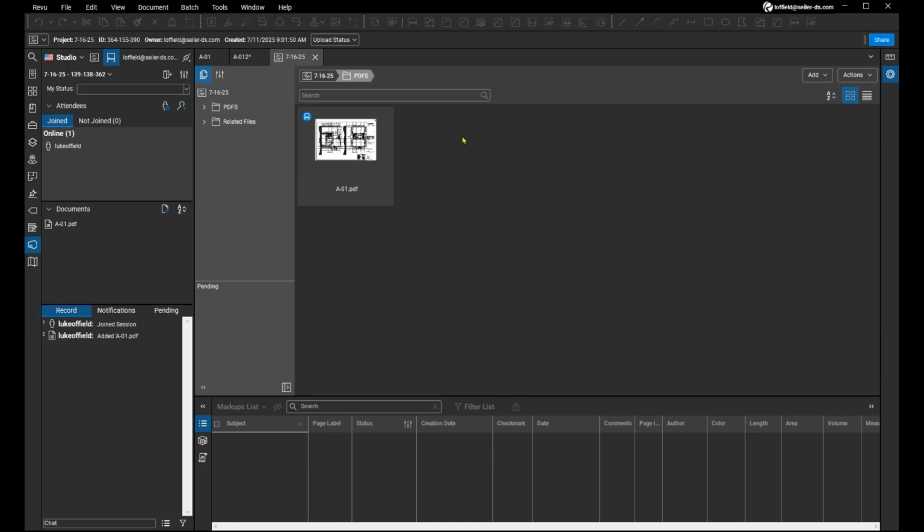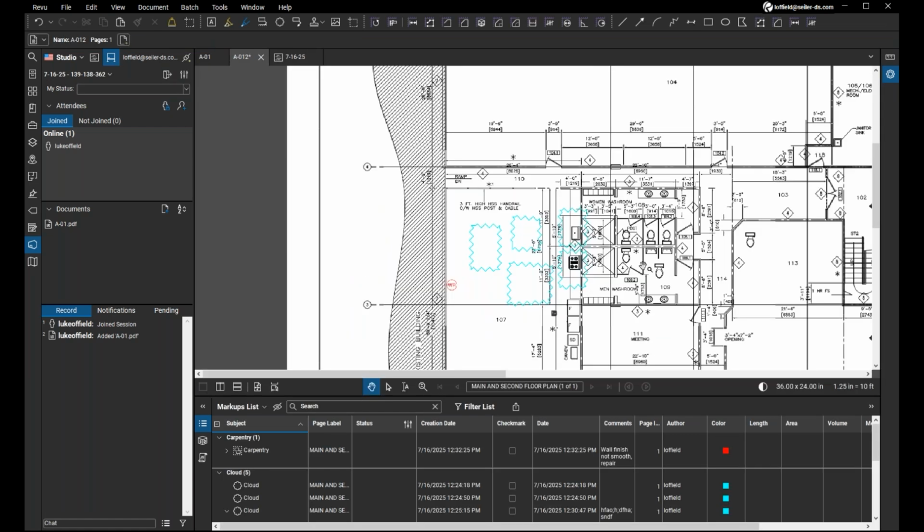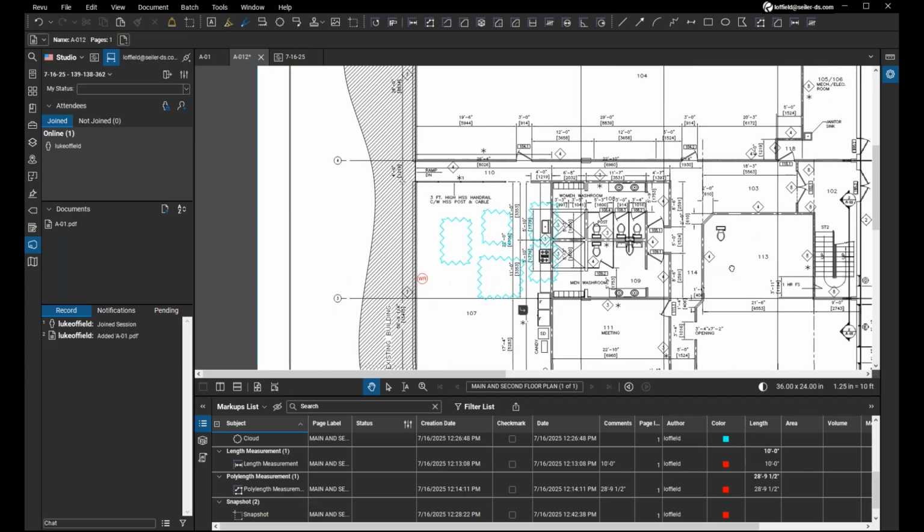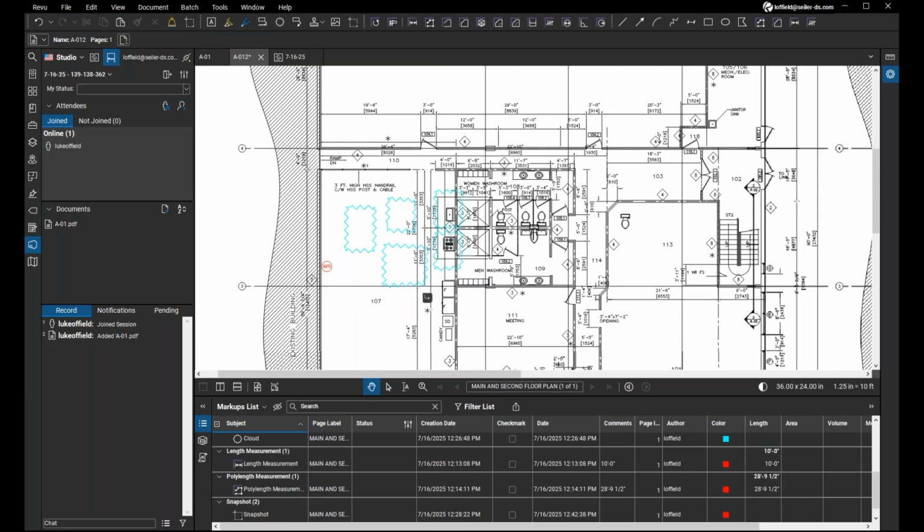And once all of that work is completed, all of the markups that we need to pass back to our CAD designer, all of that information can then go over to them,